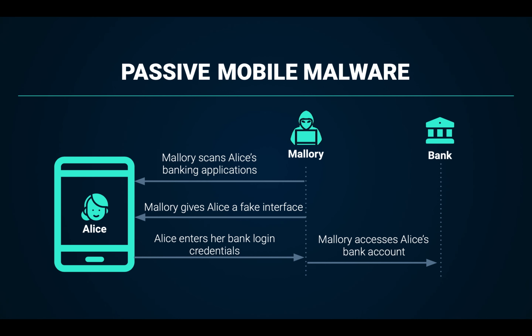In contrast to the active banking malware, the passive malware is designed to monitor the use of mobile banking applications. Once downloaded, this type of malware will run a service in the background to search for the existence of any targeted banking apps on the user's mobile. If any results are found, it will remove and download a malicious version to replace the original app. This malicious version displays a fake user interface asking the user to input their credential information. The attackers can then sniff for any banking credentials and make illegal banking transactions.